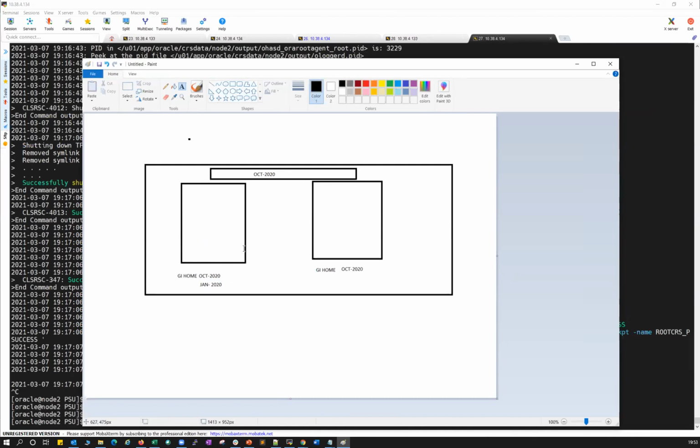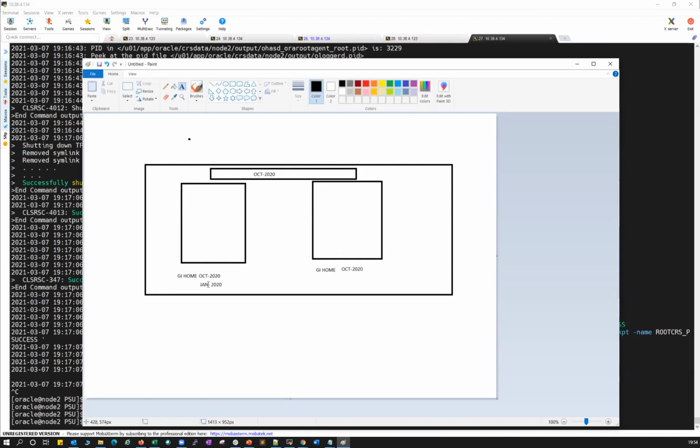If the patch level is mismatched, your cluster services will not come up on one of the nodes. If the cluster patch level is October 2020, you will be able to bring up services only from node 2. Since you patched node 1 to Jan 2020, your clusterware is still at the old version, so you will not be able to bring up any cluster services, ASM, SCAN, VIPs.